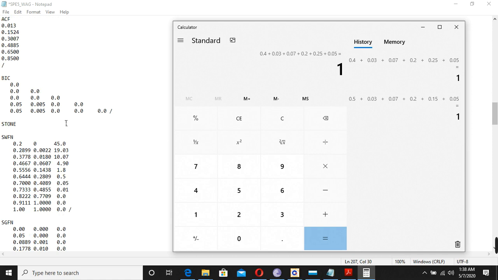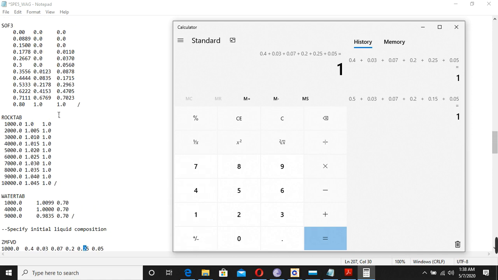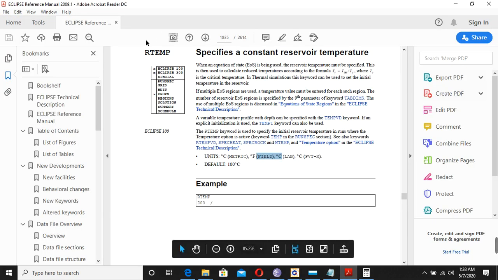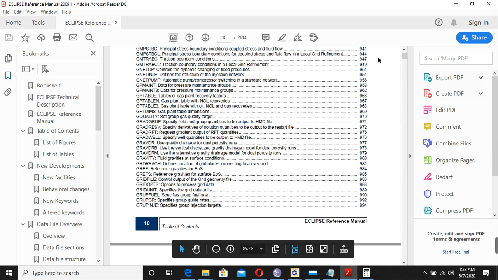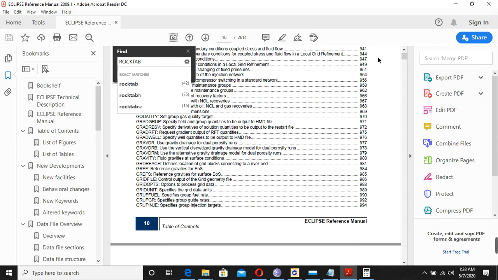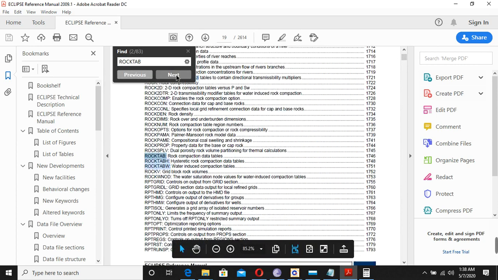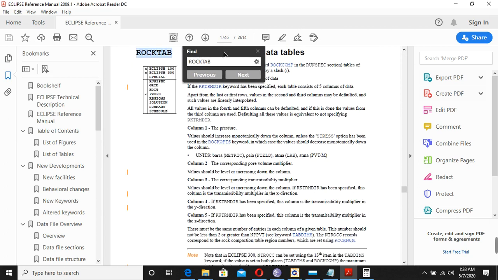So now from the property section, these are the rock data. For example, you want to know what this rock data, ROCKTAB, is. So we will copy this one and check here. This is the ROCKTAB, the rock compaction tables.